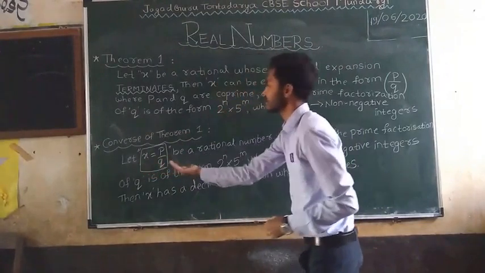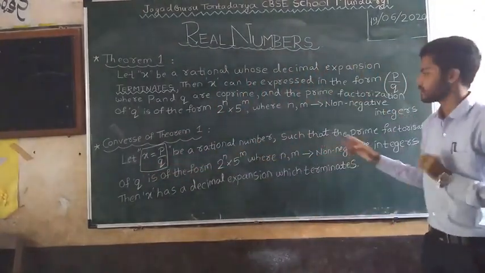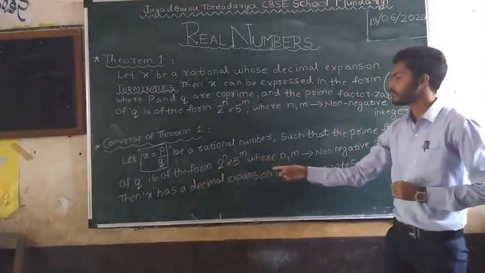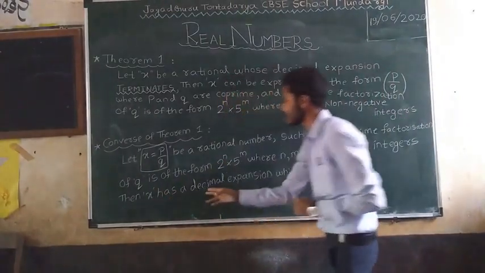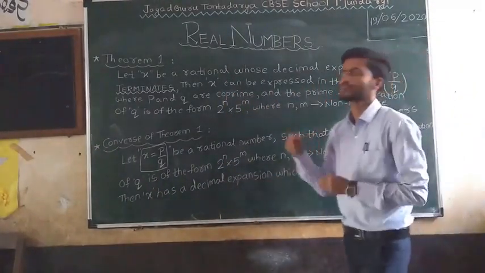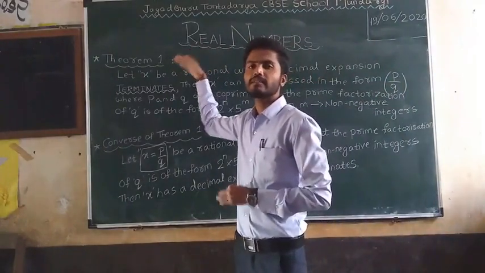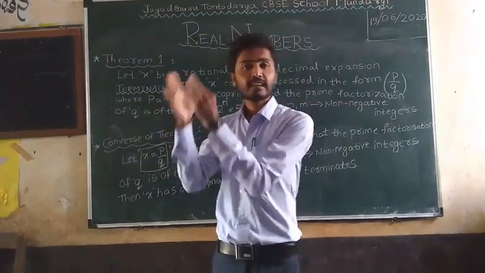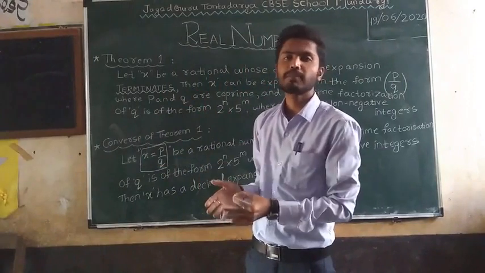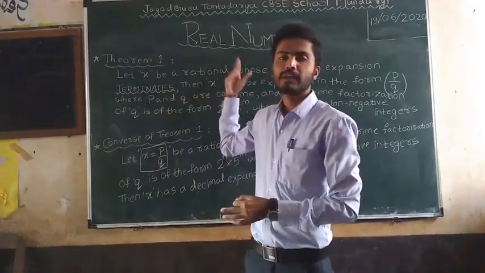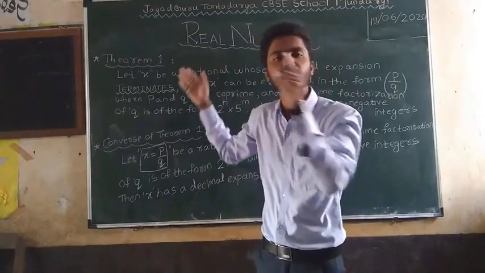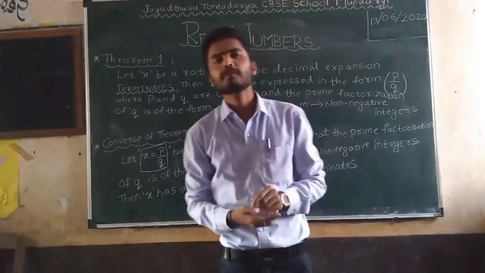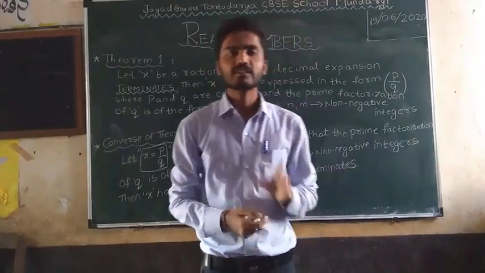Let x equal p by q be a rational number such that the prime factorization of q is of the form 2 raised to n into 5 raised to m. Then x has a decimal expansion which terminates. From theorem 1 we know that if by the long division method a fraction terminates, it can be expressed in the form p by q, where the prime factorization of q is of the form 2 raised to n into 5 raised to m. Similarly, the converse tells that if x equal p by q is a rational number,